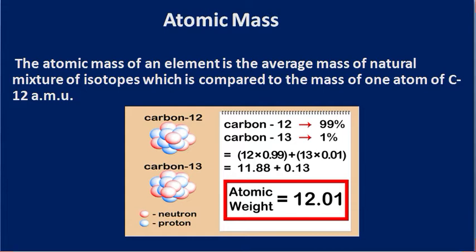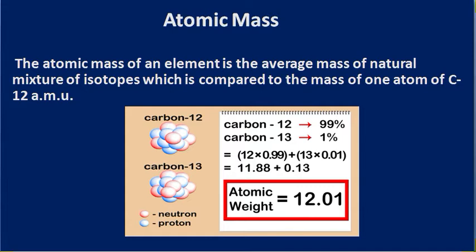So why are they taking carbon? In 1961, by an international agreement, an atom of carbon-12, which has 6 protons and 6 neutrons. You all know that carbon has 6 protons and 6 neutrons, right? And its mass is 12 AMU, atomic mass unit. So it is taken as the standard. One mass unit, 1 AMU, is defined as the mass exactly equal to 1/12 of a carbon atom.